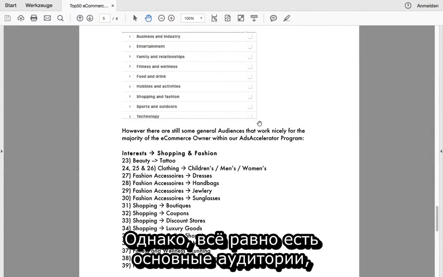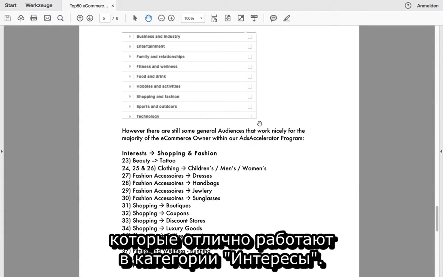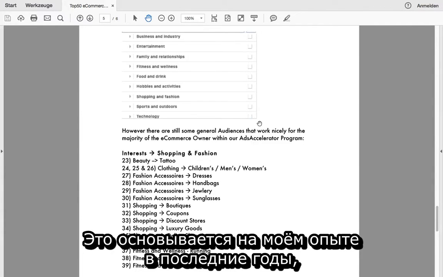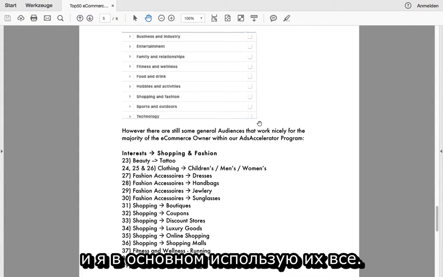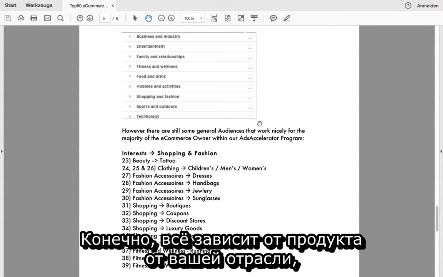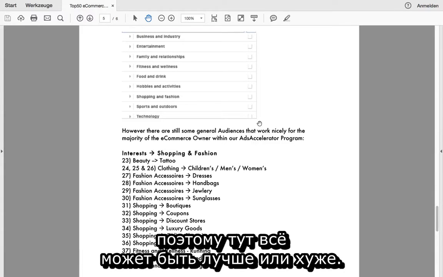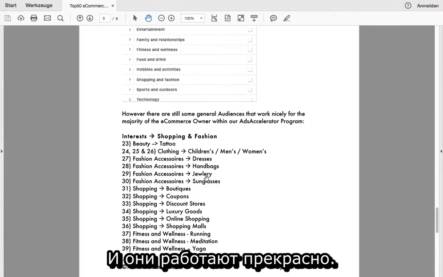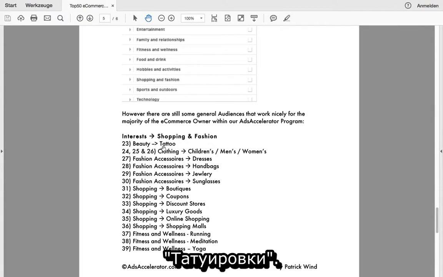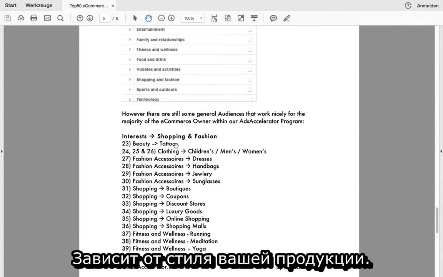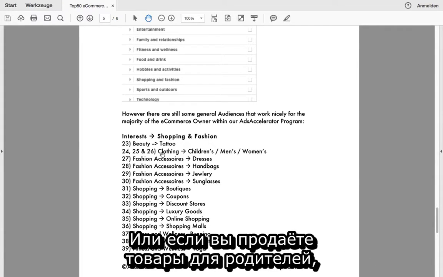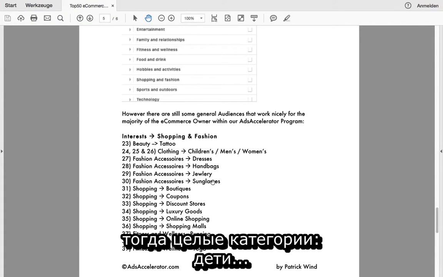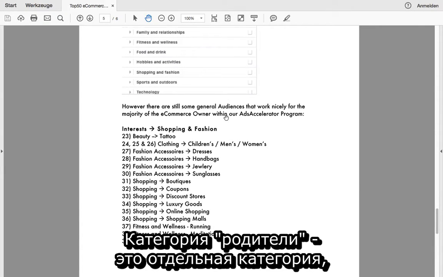However, there are still some general audiences that work nicely in the interest section, and they are based on my own experience over the past years, and I used all of them already. And of course, depending on the product and depending on your specific niche, they perform better or worse. But here's a list of interests that I used a lot, and they work very nicely. So for example, people interested in tattoos, depending on the style that you sell, or if you sell products to parents, then the entire category of children, the category of parents is another one,